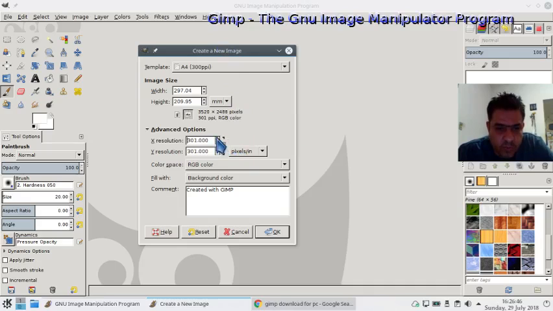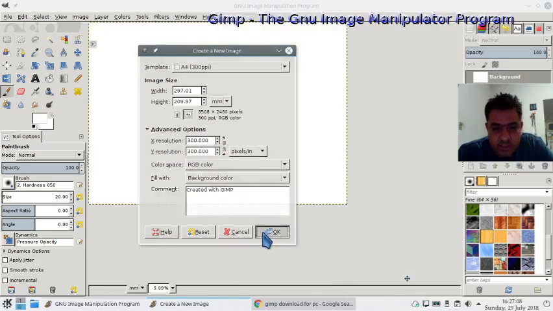This little guy here you will see in a lot of dialogues. If you move, both X resolution and Y resolution move together, but if you click here and break the chain, then you can move just one. So let's keep it 300 anyway, and you can put a comment, the color space. Okay,